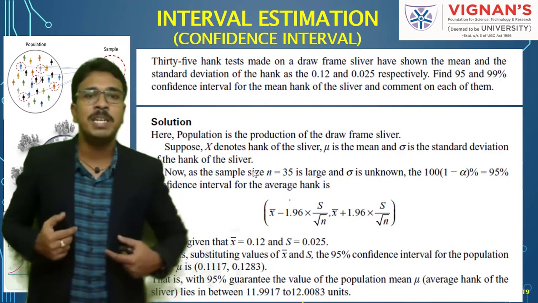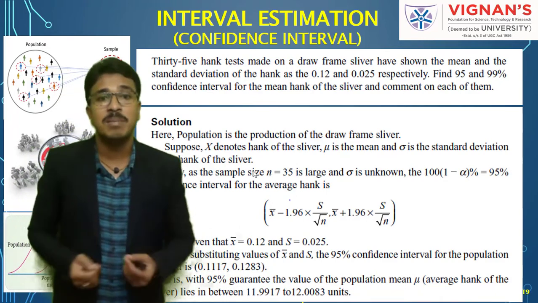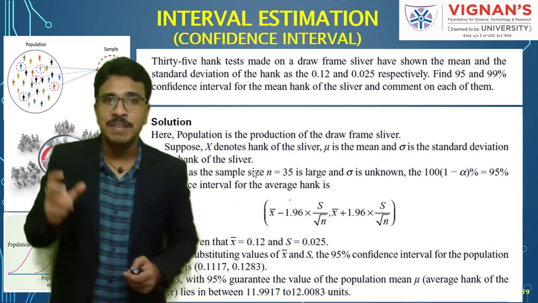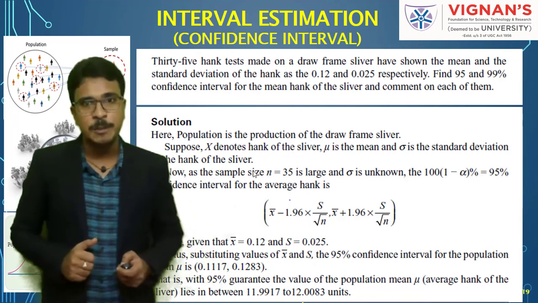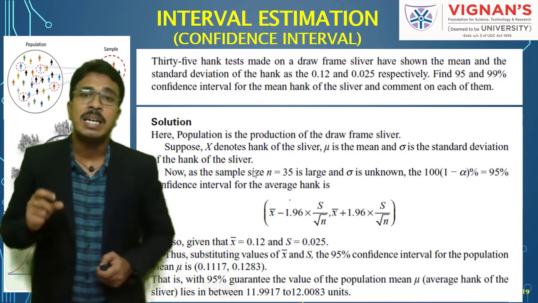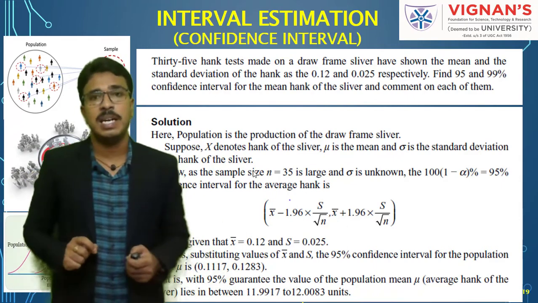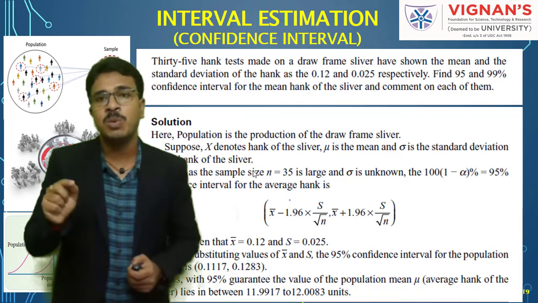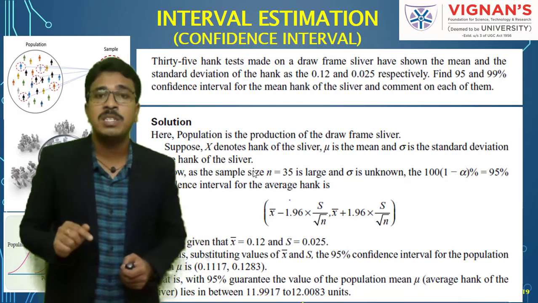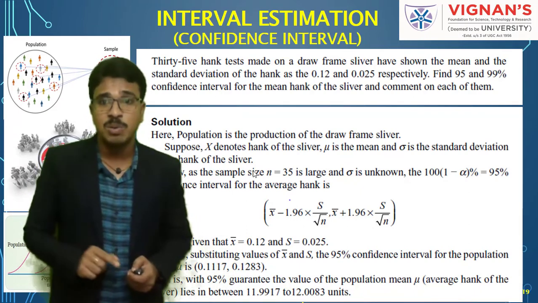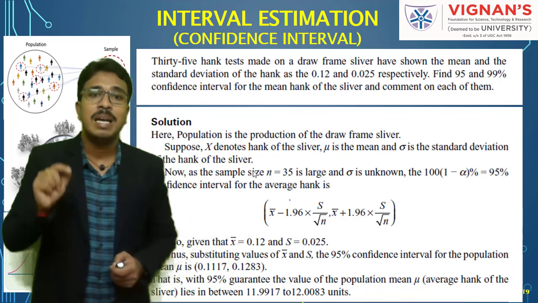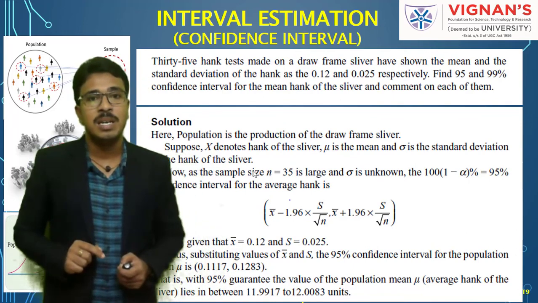Now how will you comment on this? You can say at 95% confidence that the population mean mu, remember, population mean we represent with mu, is ranging in between